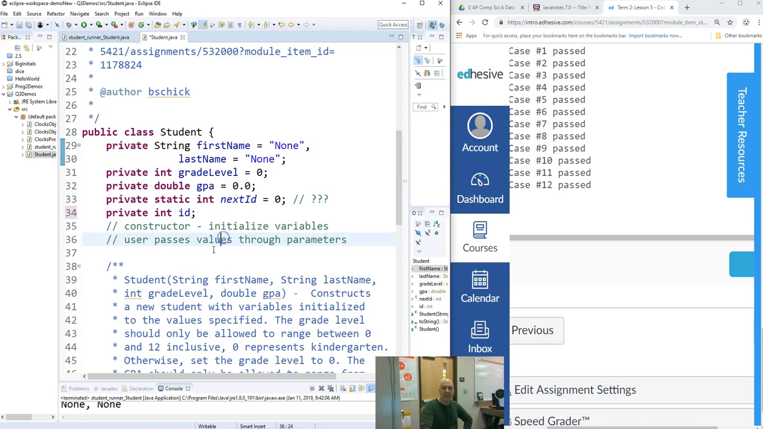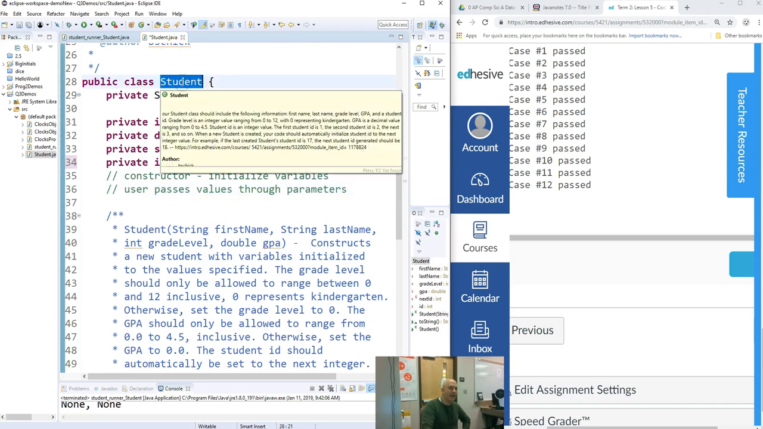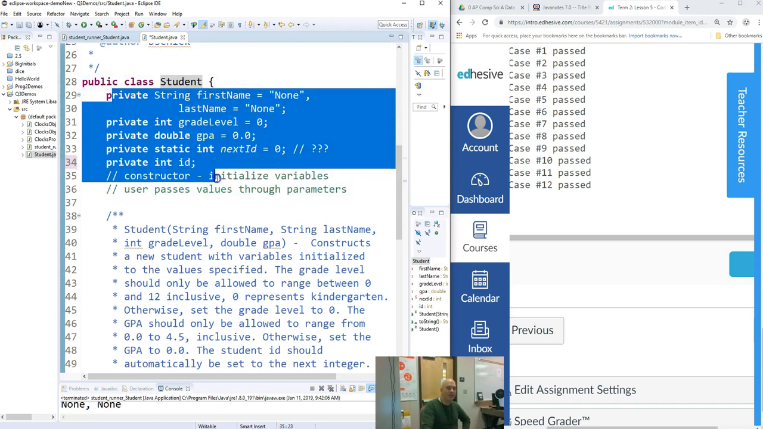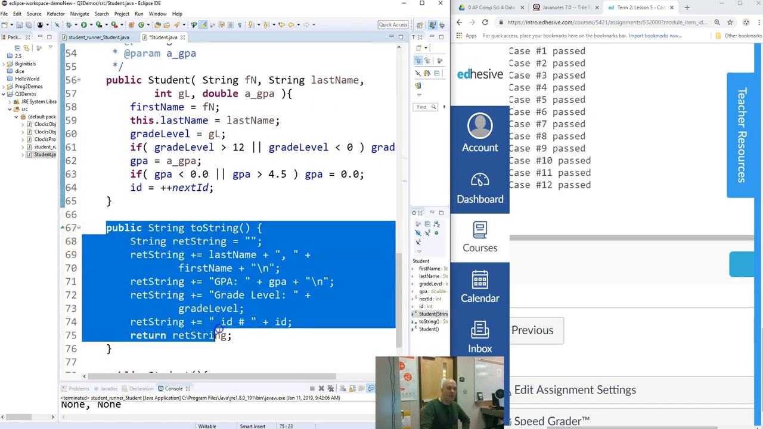So this concludes Lesson 5 programming exercises. We've talked again about the concept of a student or a class, an object. An object contains the variables and the methods that you need when you're using that